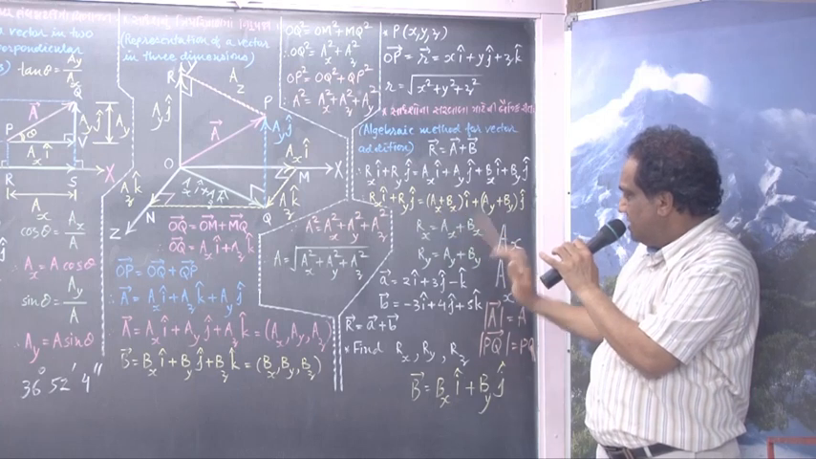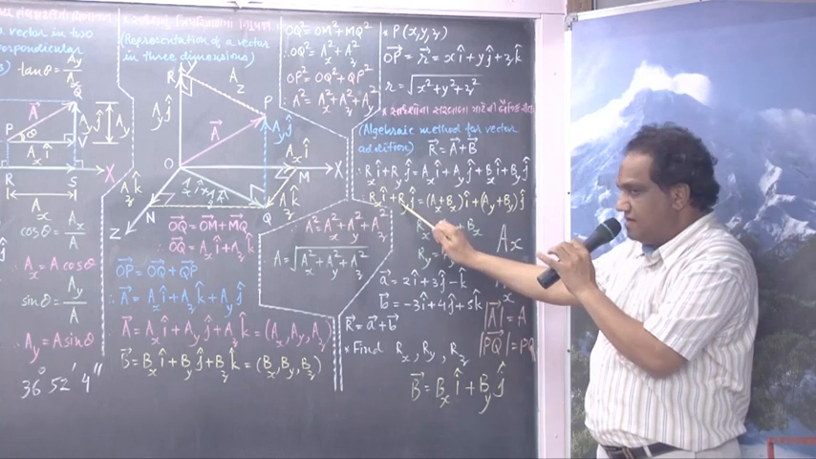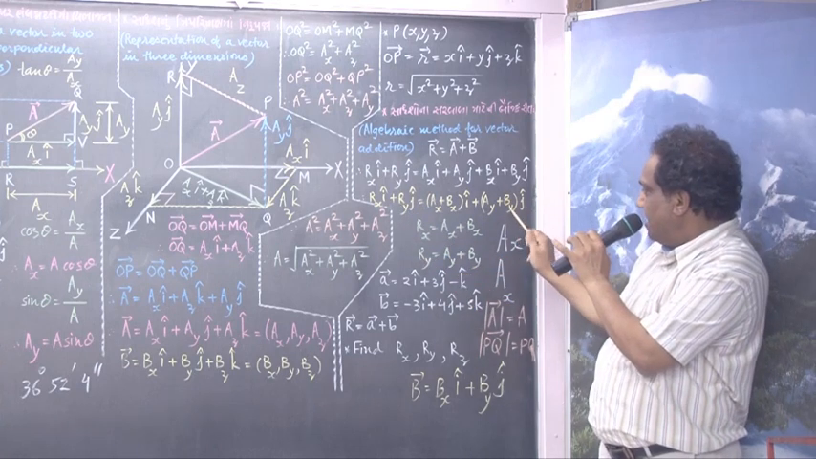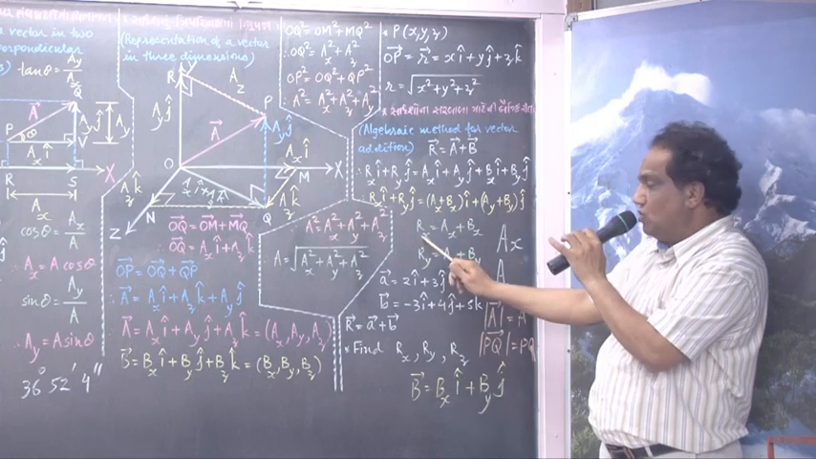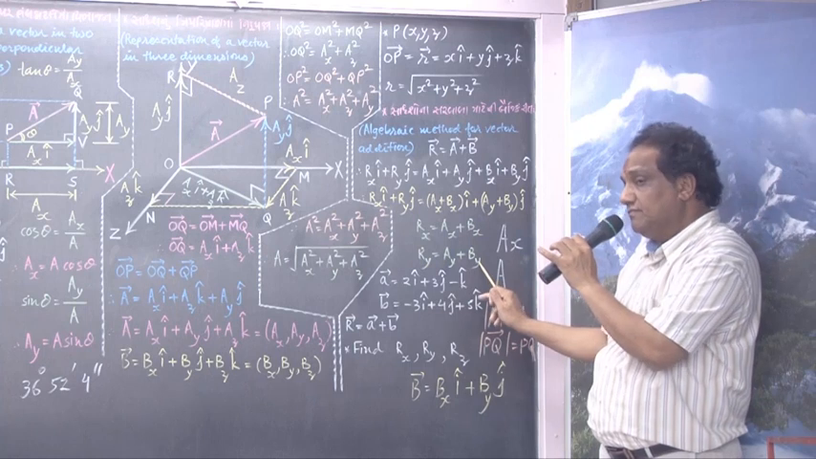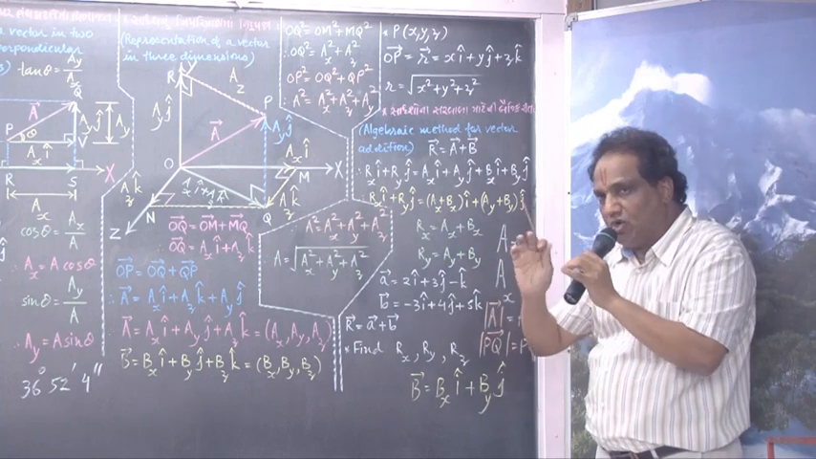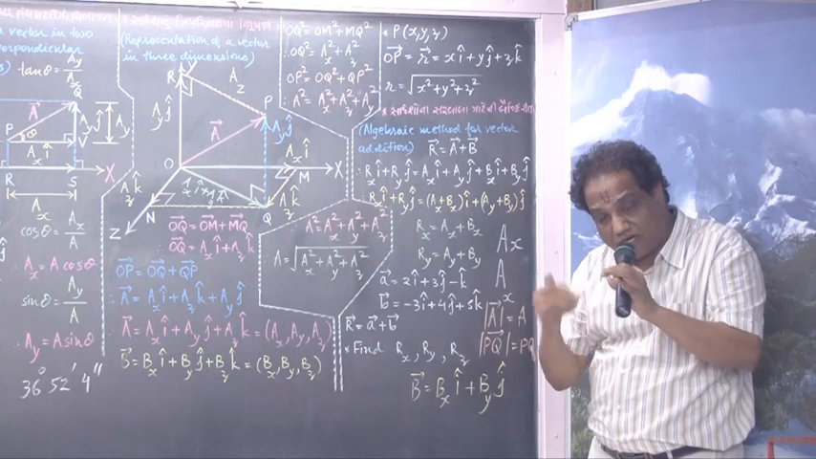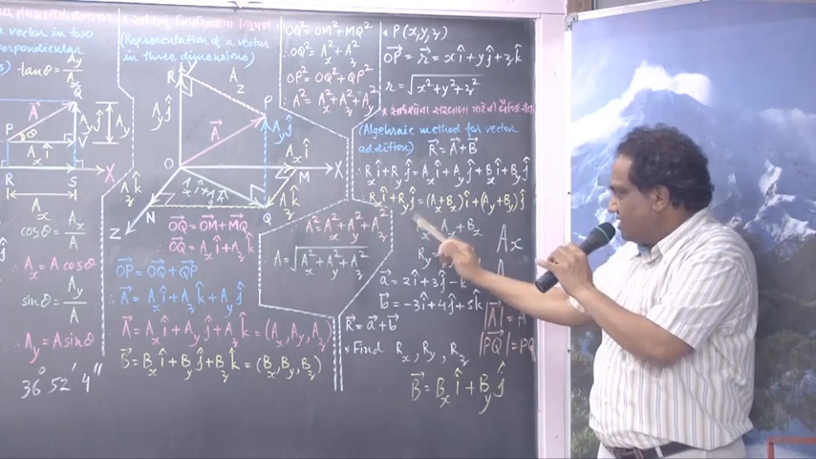Ax plus Bx. What is the coefficient of j hat? The coefficient of j hat here is Ay plus By. So Rx equals Ax plus Bx, Ry equals Ay plus By. Suppose Rz, then you can write Az plus Bz. Simple. Speak in words: the x component of the resultant vector